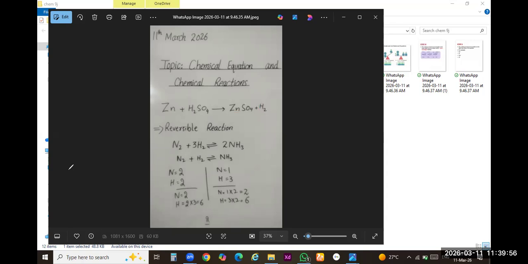Clear? Now we will discuss the reversible reaction. Reversible, the name indicates, reverse, which may reverse back. The reactions which may reverse back, the reactions which can go back in a chemical reaction, can be reversed. So we will denote it with a double-headed arrow. It means that the reaction can move in both directions, in forward direction and in reverse direction. Clear?